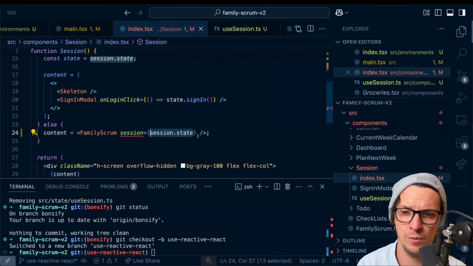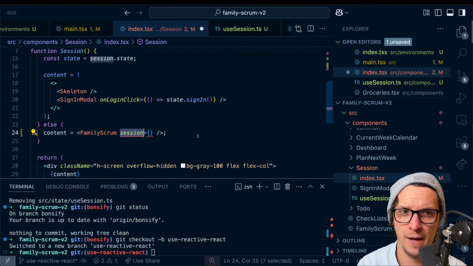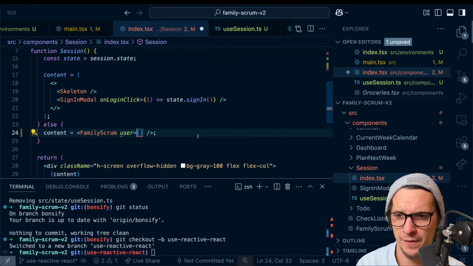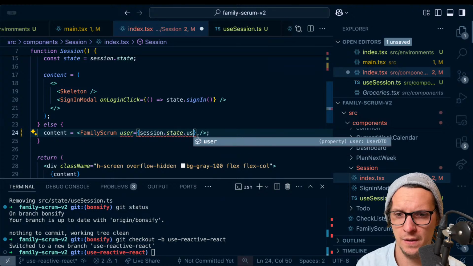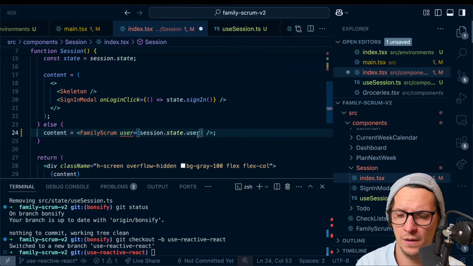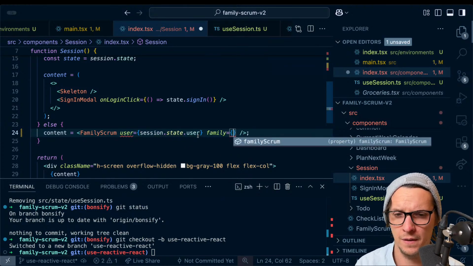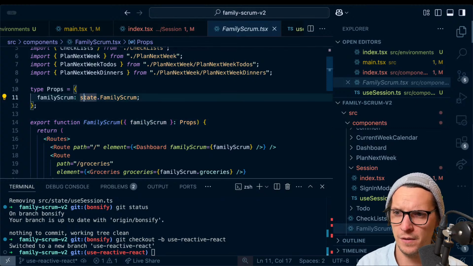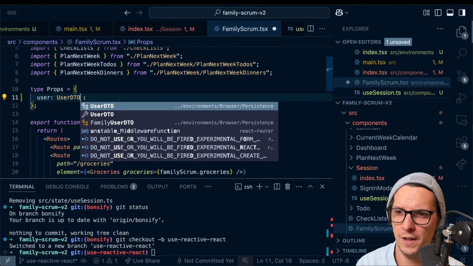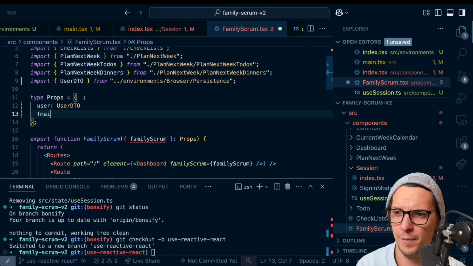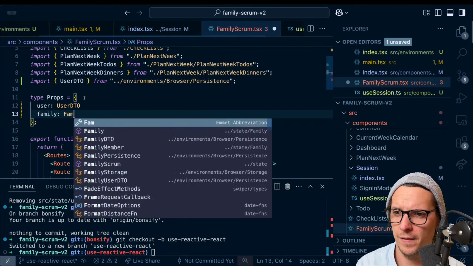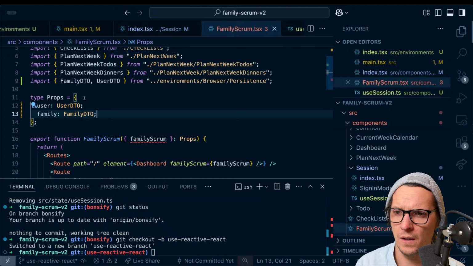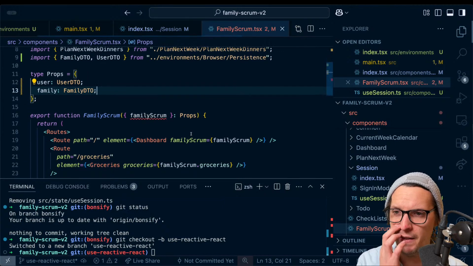What we could do is pass down user and family, for example. So I would say session state user, family, session state family. Okay, so now we go into family scrum and this is gonna get a user DTO. It's gonna get a family of family DTO. And then what's gonna happen here is that,